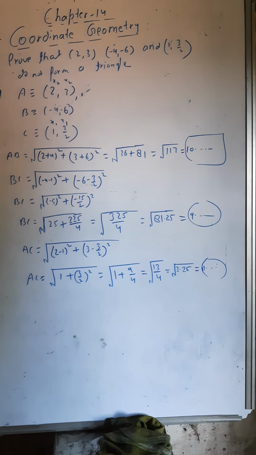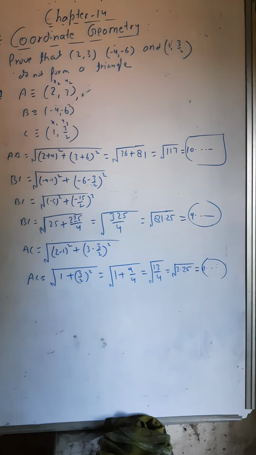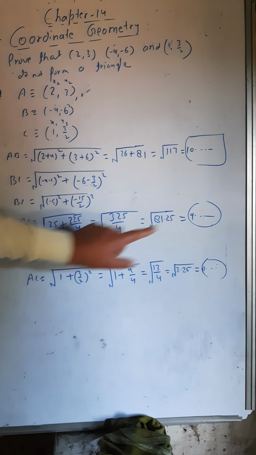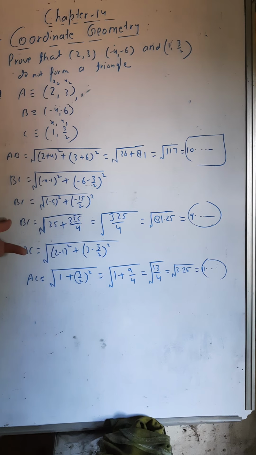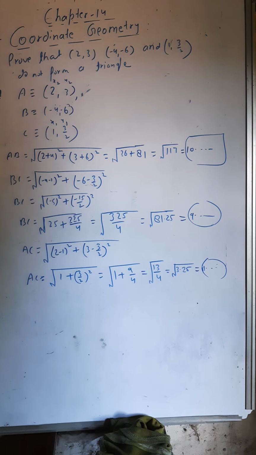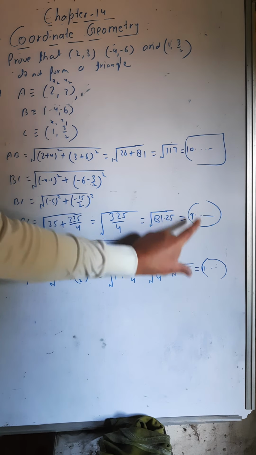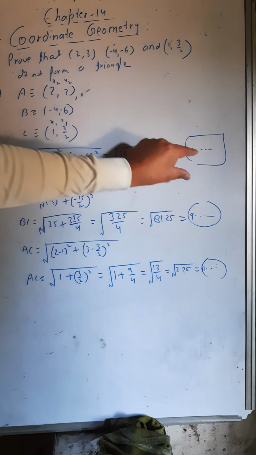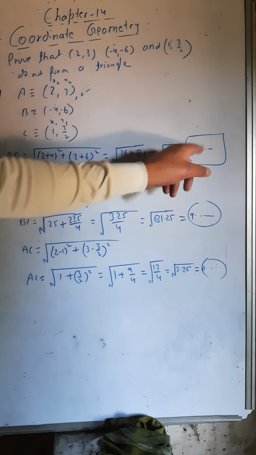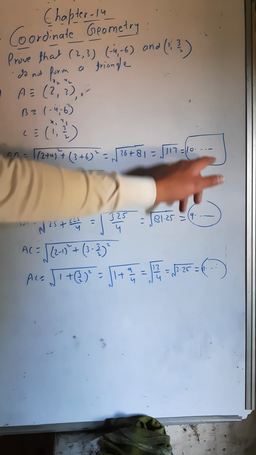Now you check whether the sum of BC and AC is coming out more than AB. Not coming. Look here, if you add BC plus AC, it will come to 10 point something, and AB is also 10 point something. So you cannot say that AC plus BC is greater than AB. Both are either equal or this one will be greater, because this one's value is higher than this.